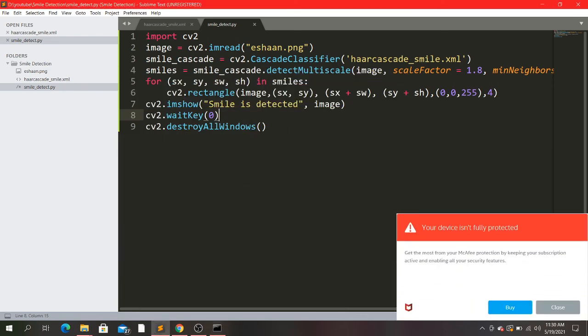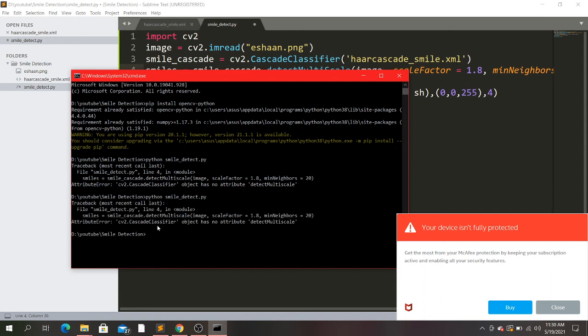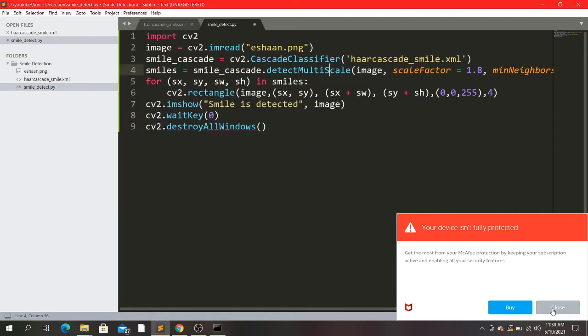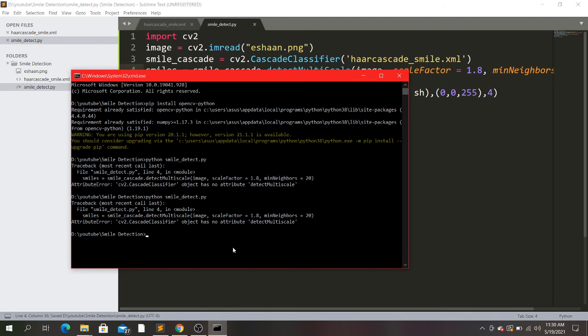Oops, the S was in all caps. So again I will run it. I forgot to save it. Sometimes I make these silly mistakes while coding.